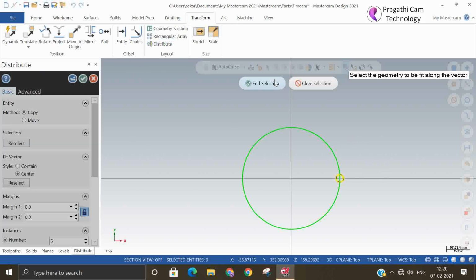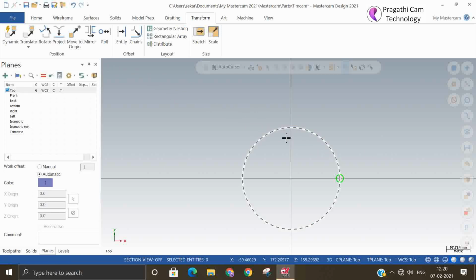Base circle I selected. It shows vector. Vector in the sense it should be a line. It will not work on anything else. Only on a line will this distribute work. So vector means it needs to be in a single direction. Okay. So this is the distribution. If you do it by plane also, in the plane direction it will distribute. Okay, this is about distribute.